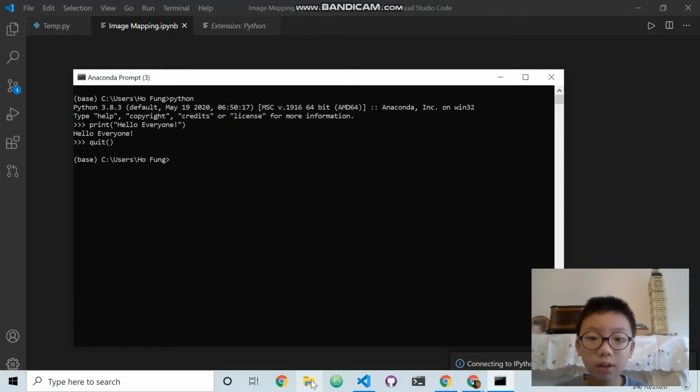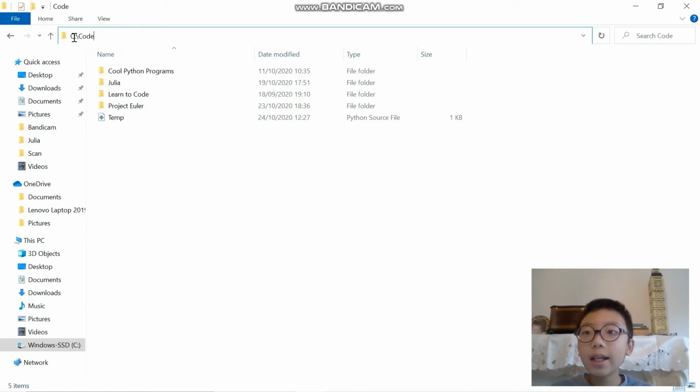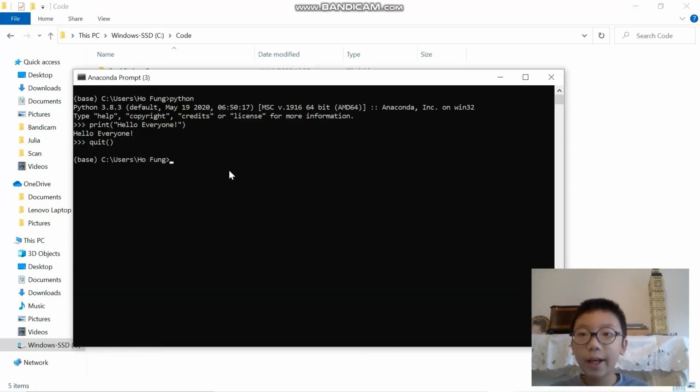Open Explorer. This is my file over there. You can see that it is a Python source file with the Python logo, and the name of it is temp. So you just double click, and you will notice that it is inside the C drive, and in the folder code. You change the directory. Here it is in the users, so you just have to change directory to C,